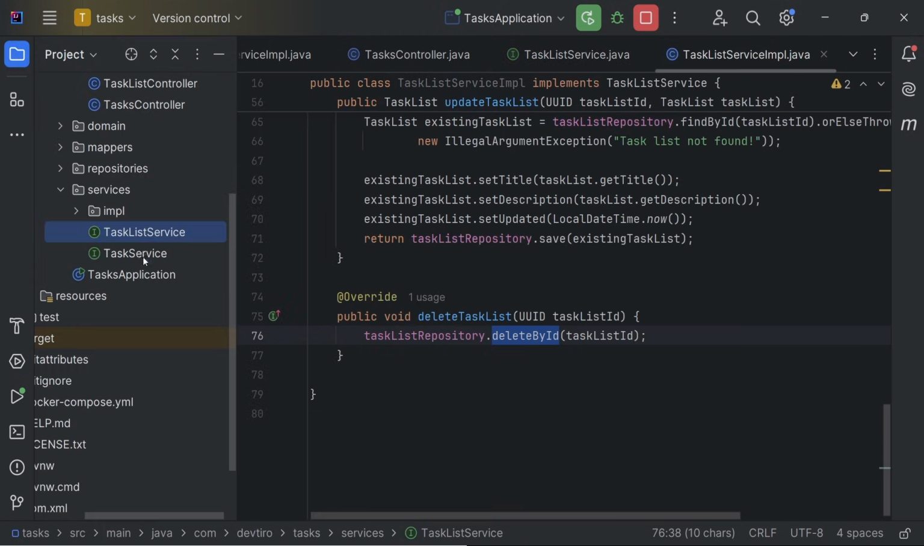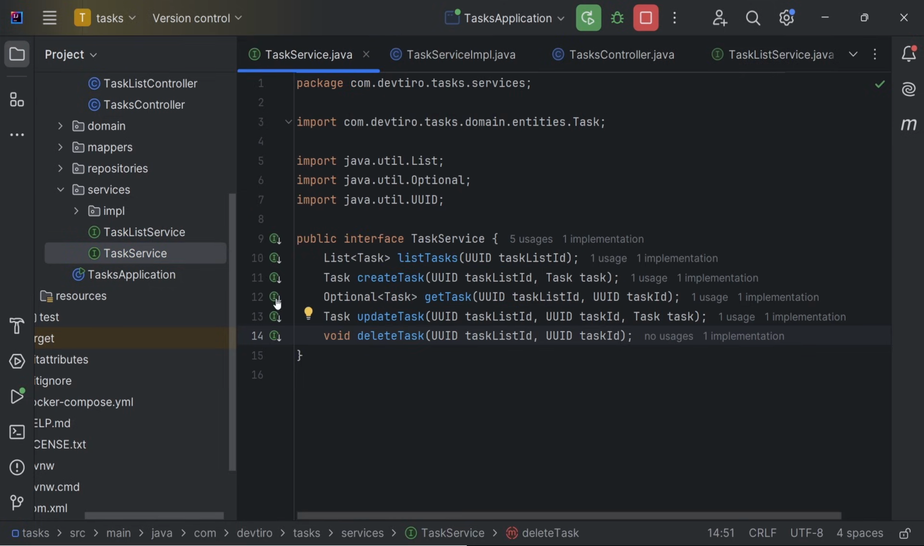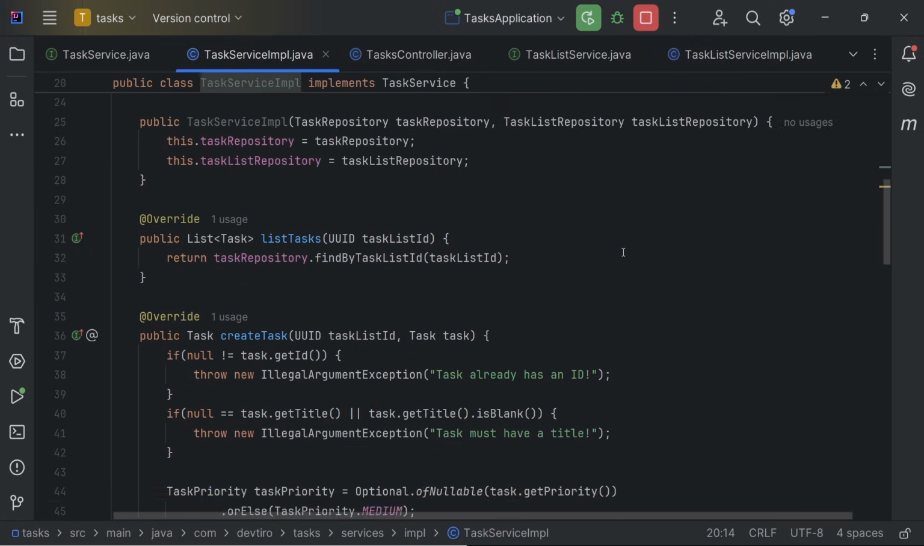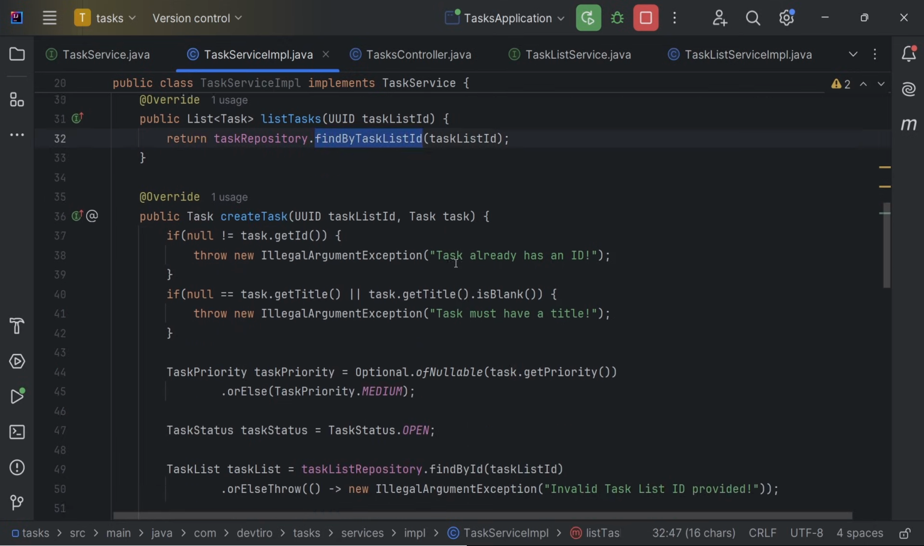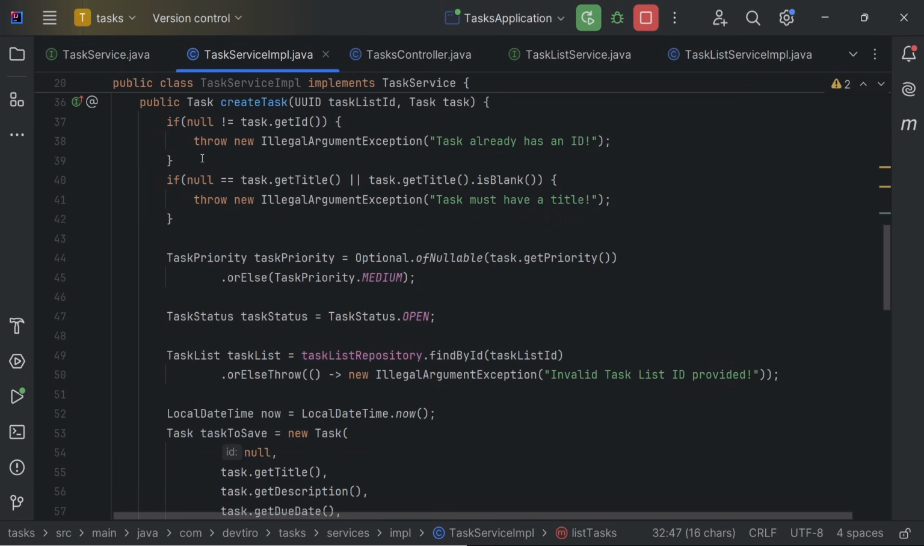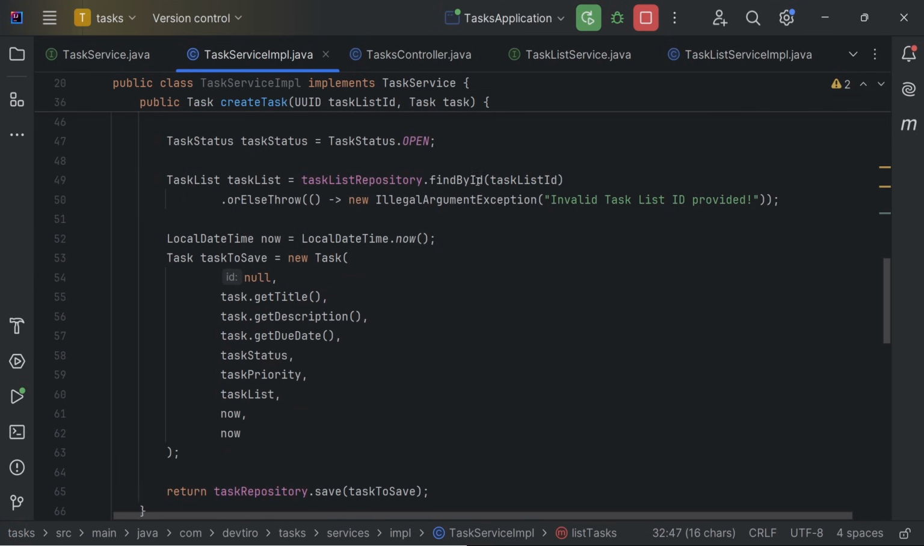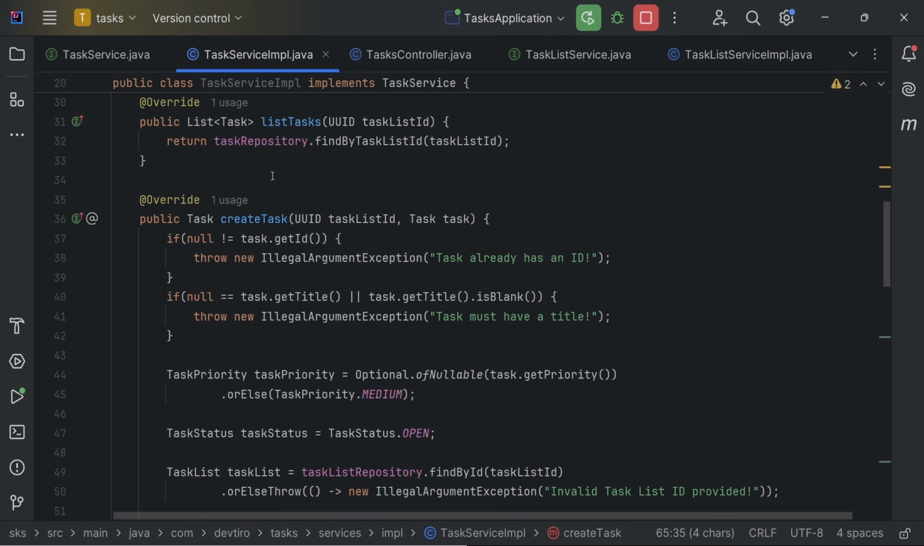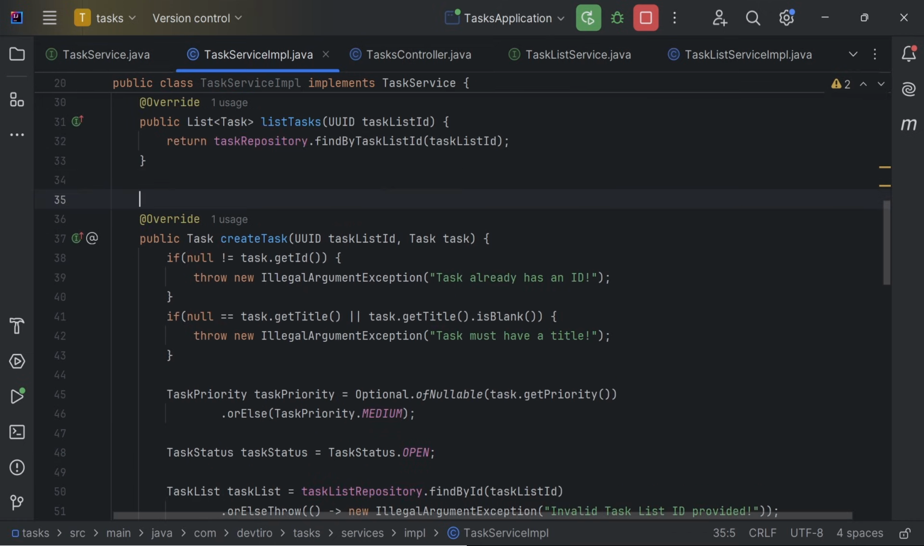Let's now take a look at our task service. Go to the implementation, let's expand this. So list tasks, single call. Create task. In this case, we have multiple calls because we are attempting to get the task list from the database, and then we're attempting to save the task. So to the top of create task here, we're going to add the @transactional annotation. If we scroll down,